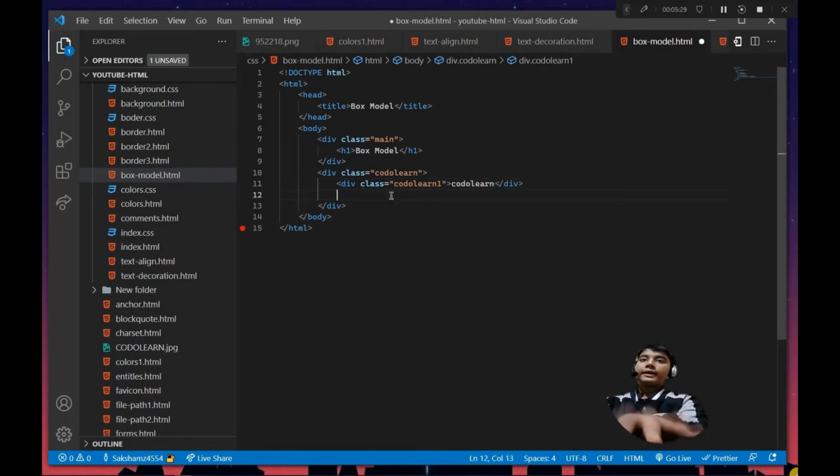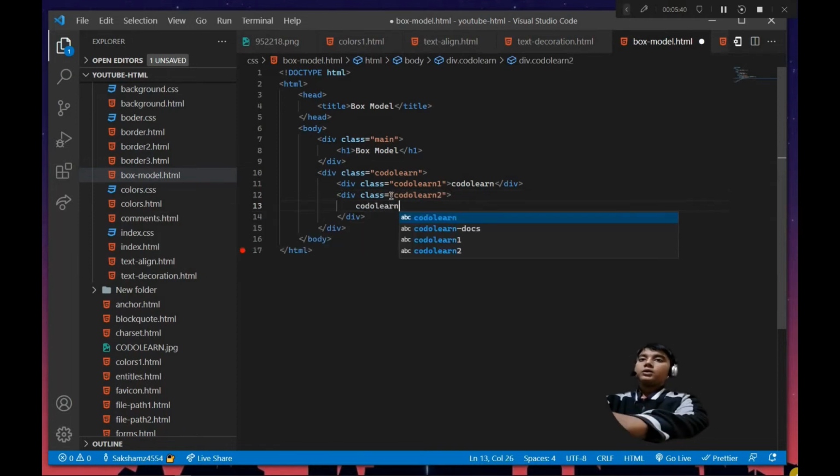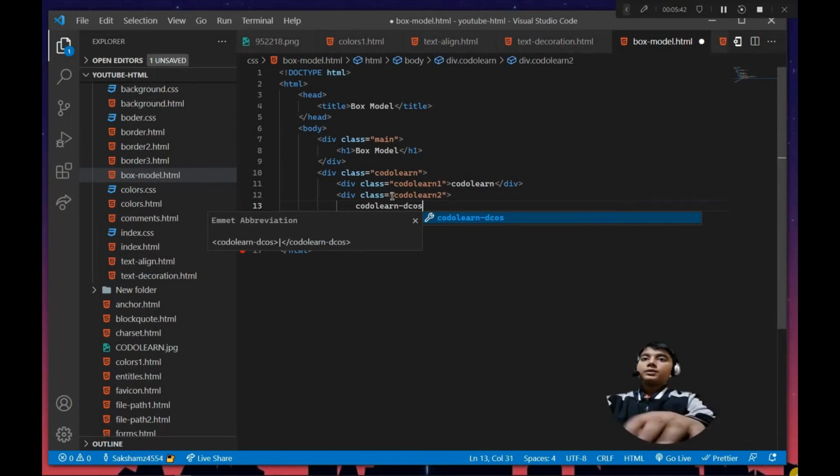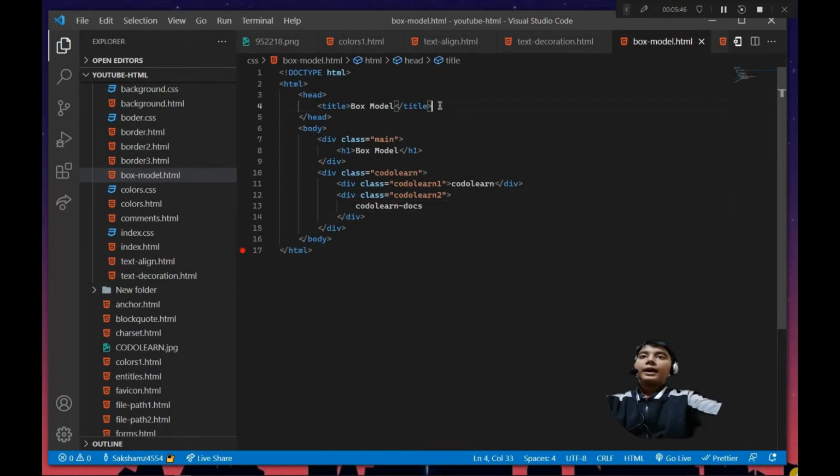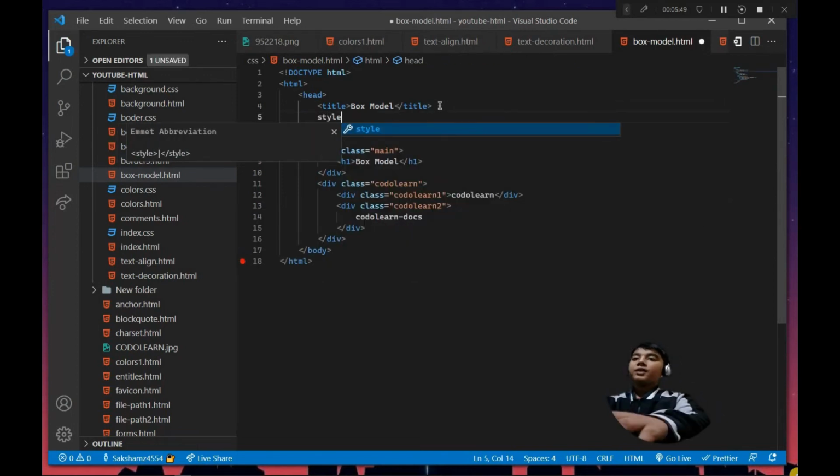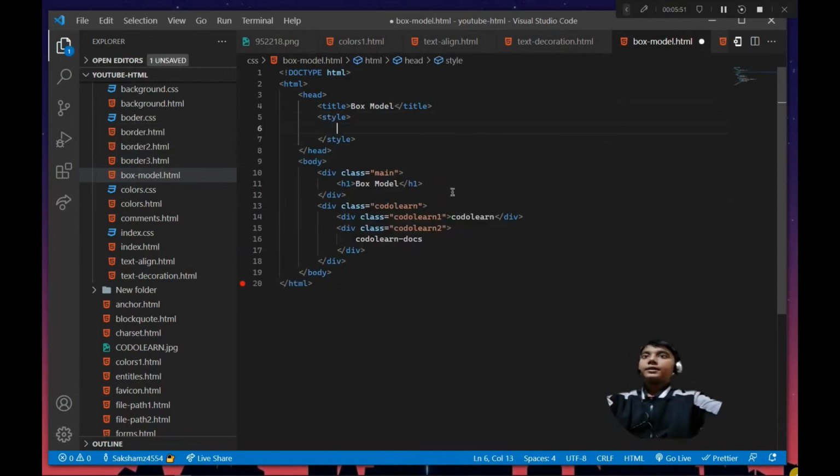Then create another div, and let's say the class name is codulan2, and here again Codulan docs. Control S to save.